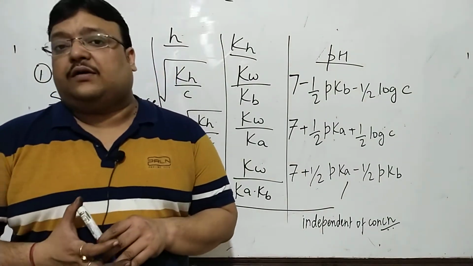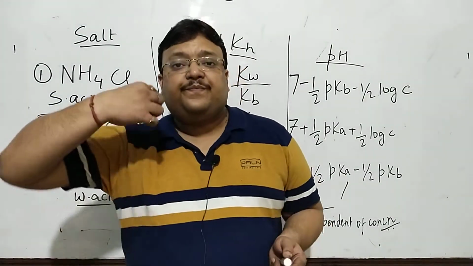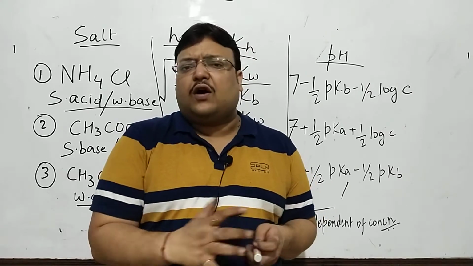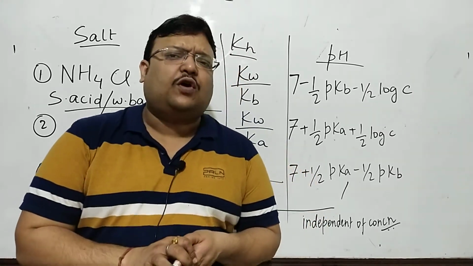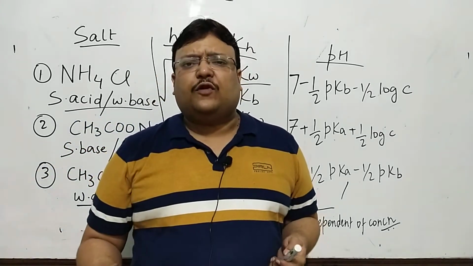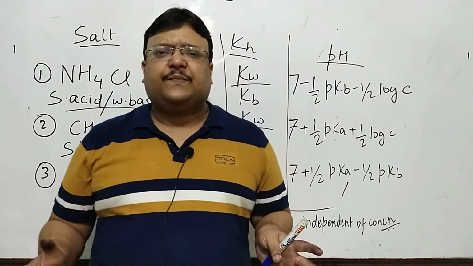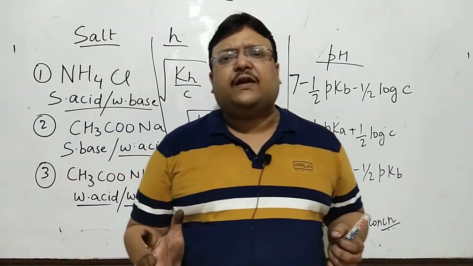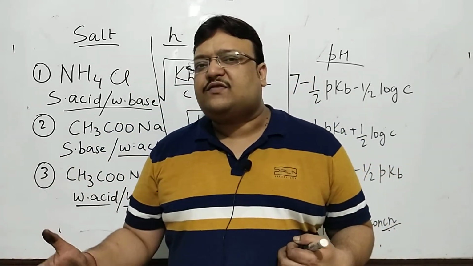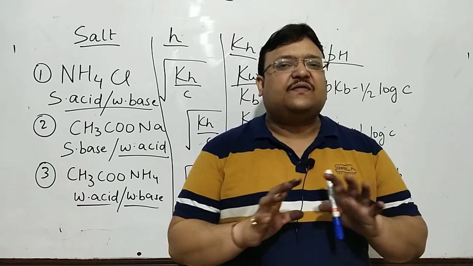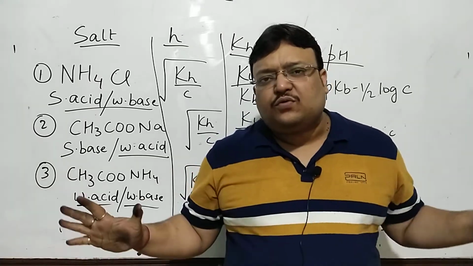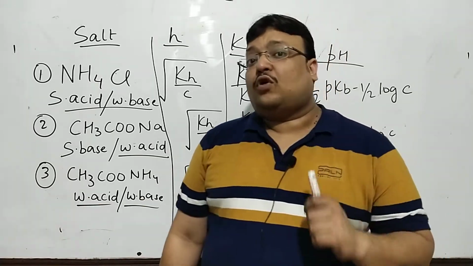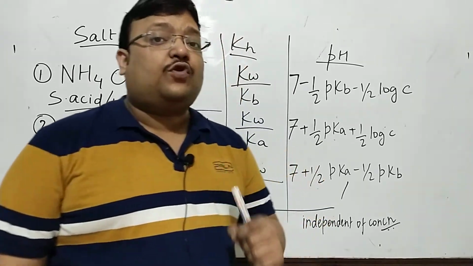The last type of salt, which I did tell you in the beginning, will be with strong acid, strong base, sodium chloride type of salt. Even in the beginning I told you for sodium chloride the pH will be equal to 7. All of this is if either the acid or the base or both are weak. If both the acid and base are strong, the pH is equal to 7. There is no hydrolysis, no issue. So for salt of strong acid, strong base,